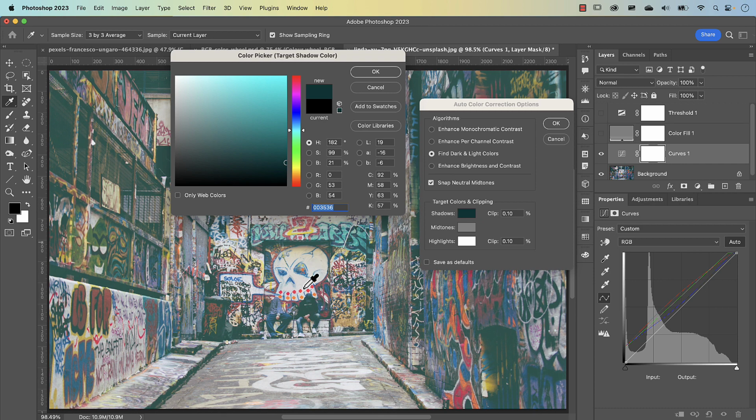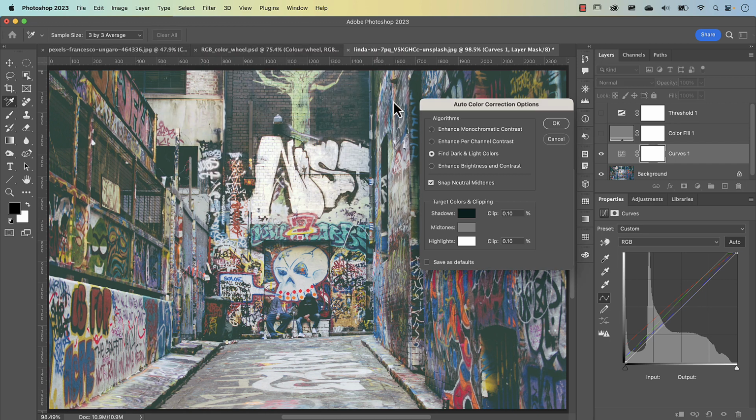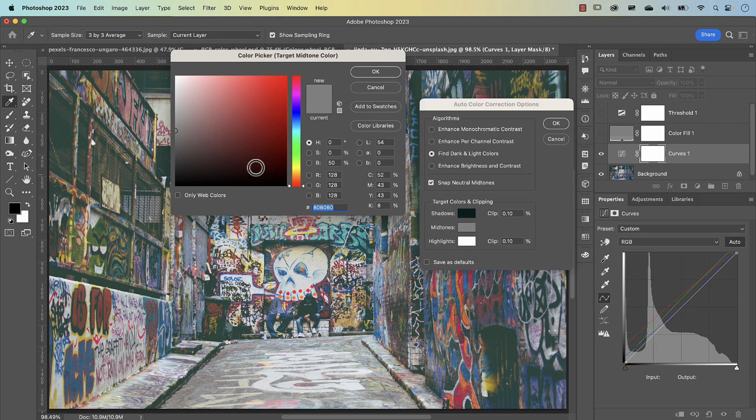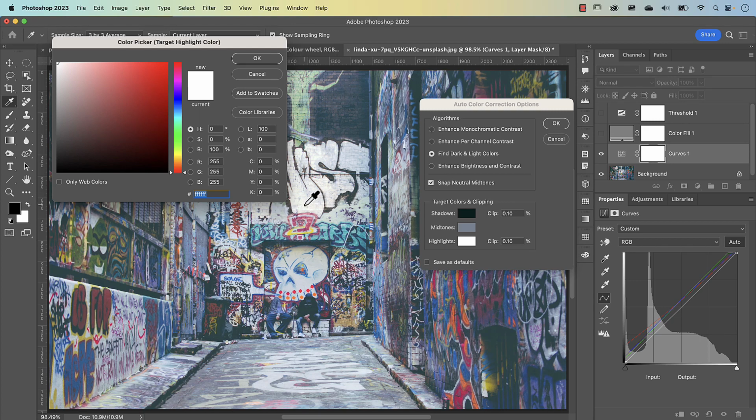So I'm not happy with that, so what I can do, instead of just clicking on the image endlessly, I can say I can use this color and then just adjust it on the color picker. I can press OK, click on the midtones, and I'm going to go Command or Control on my keyboard, click somewhere on the concrete here. That's selected this color here,